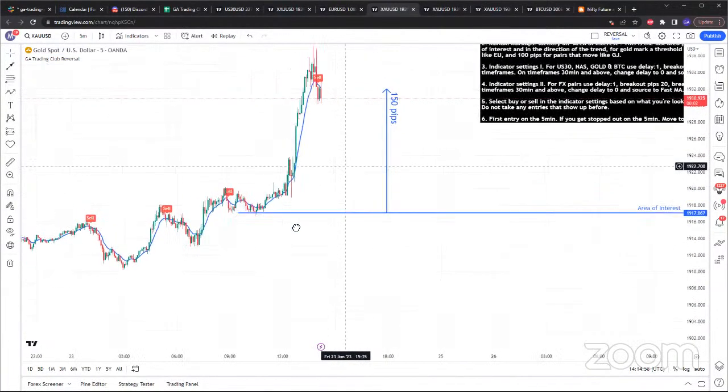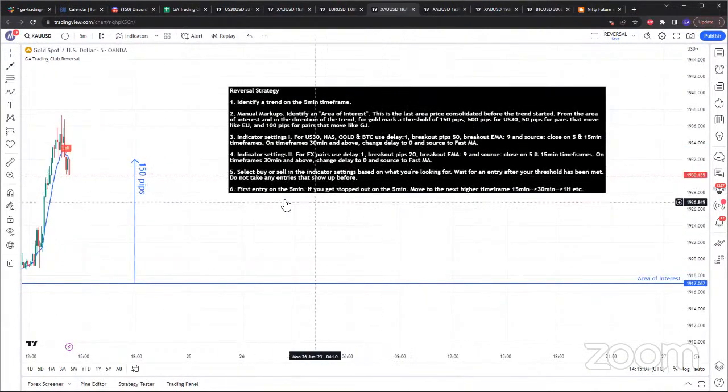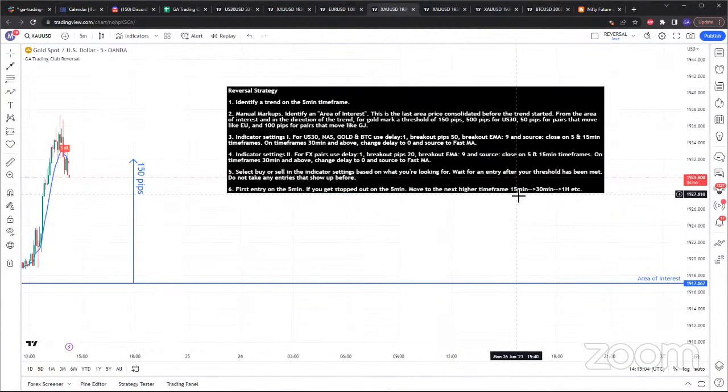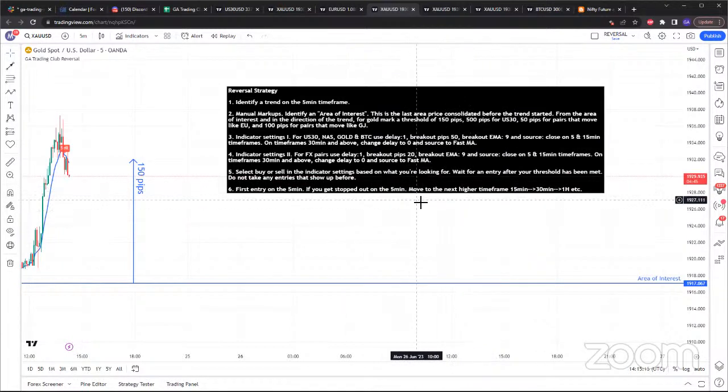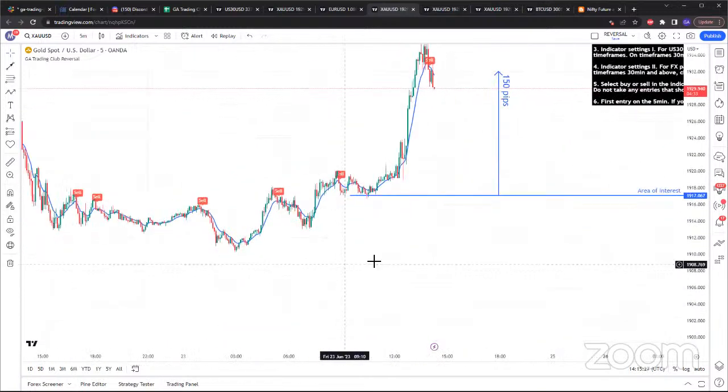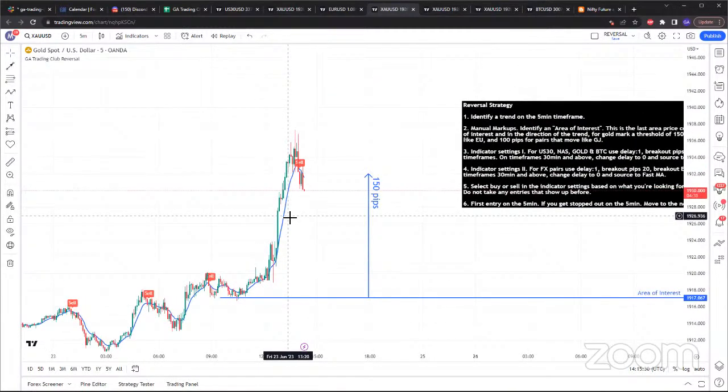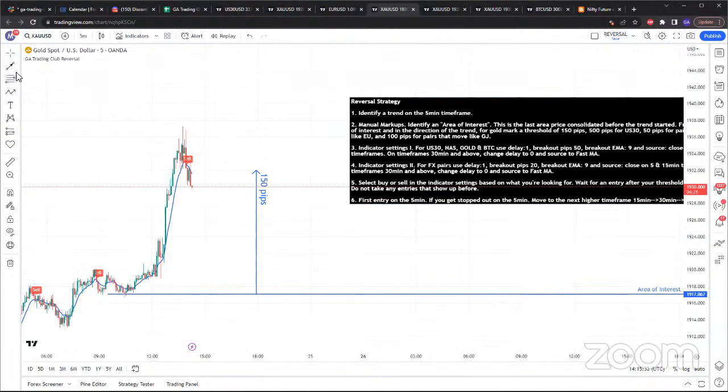The example I just gave earlier this morning, we had gotten stopped out on the 5-minute for the buy when we were trying to buy. And then for the 15 minutes, I wasn't trading. Honestly, if you do get stopped out, don't trade it, because I had to stop trading NAS because of that. On the 1 hour, it stopped me out. So after that, I was done. For 15 minutes, we would have gotten stopped out, but I wasn't trading that day. But if I was trading, I would have taken that trade and gotten stopped out. But the 30-minute trade is the trade I just won this morning at 1913, and I went with a higher lot size. So here, this is a valid sell on gold. So the way I would enter this, just 1 second.